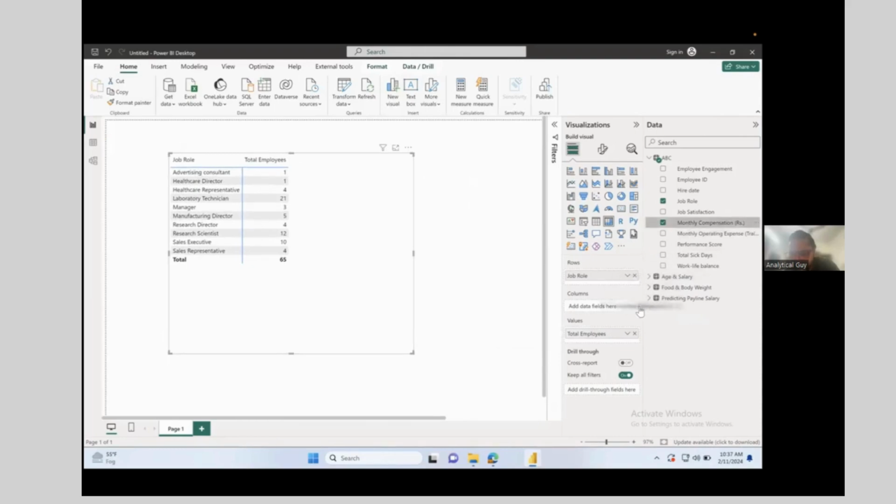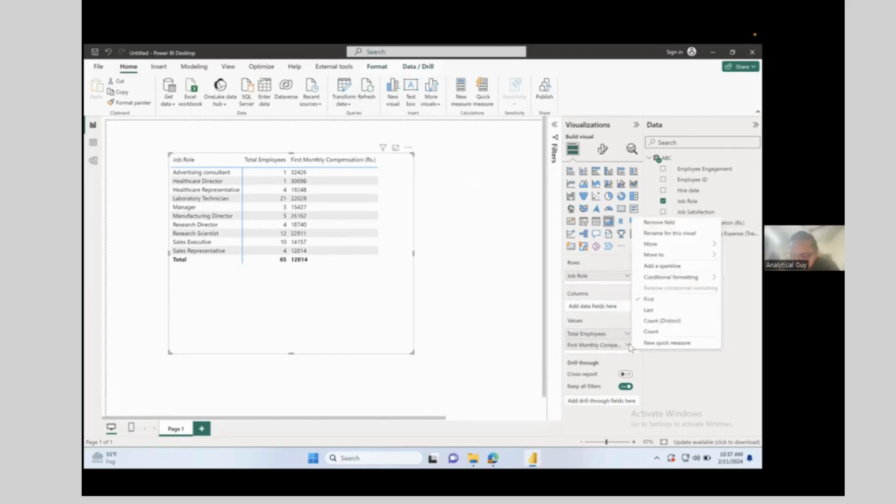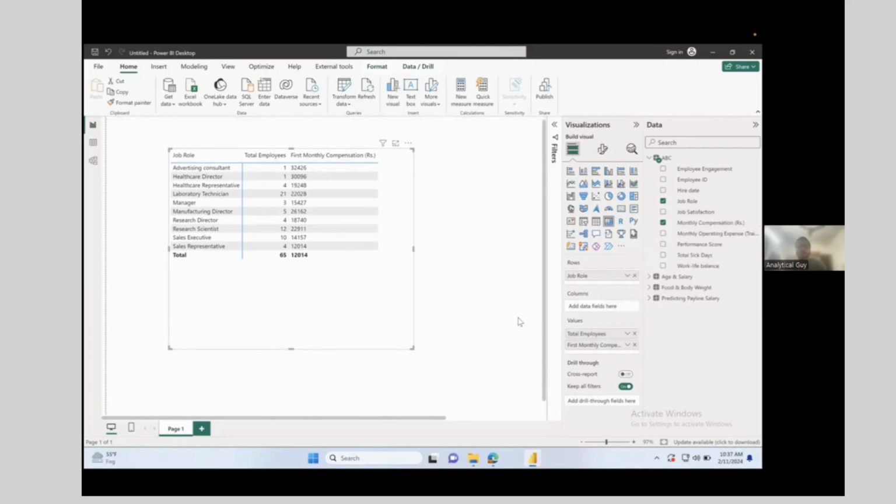Again, if I add compensation, now the important part comes in. Has anyone heard about DAX? DAX is a language which is understood by Power BI. DAX is Data Analysis Expressions, and this is something where you have to use some kind of coding. It is very easy. For example, I need the average monthly compensation for each and every job role. So what I'll do is click on the three dots,